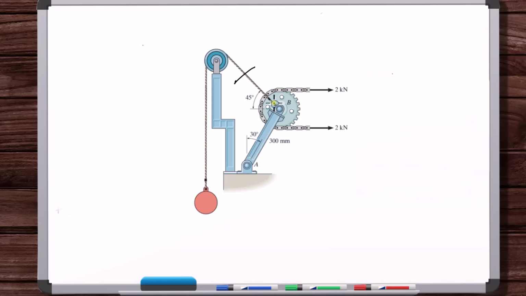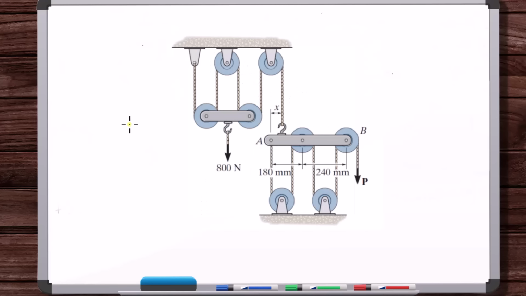But if you undid this pin, you would already know the force in this pin is going to be in this direction. You wouldn't put this if you unpin it, because you know the direction of the force. It has to be along the line of action of the rope. Okay, now